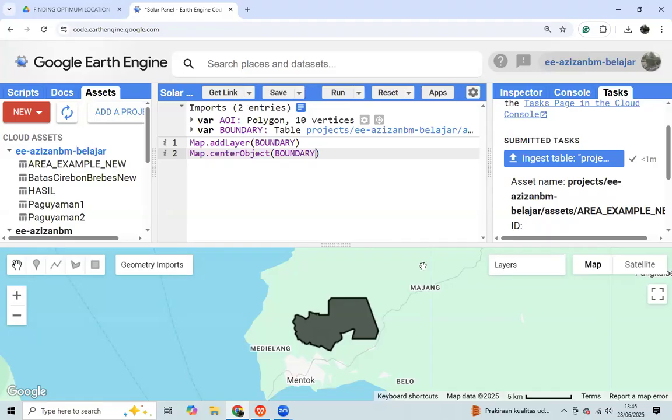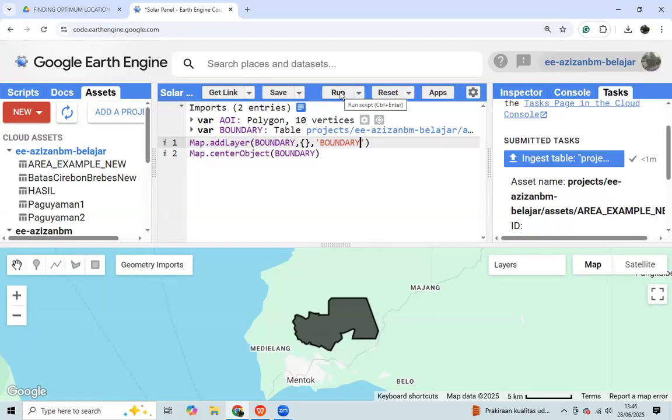The boundary data is the first layer. We can change the name of the layer from layer 1 to another name. We can specify the name. Change this to the boundary.